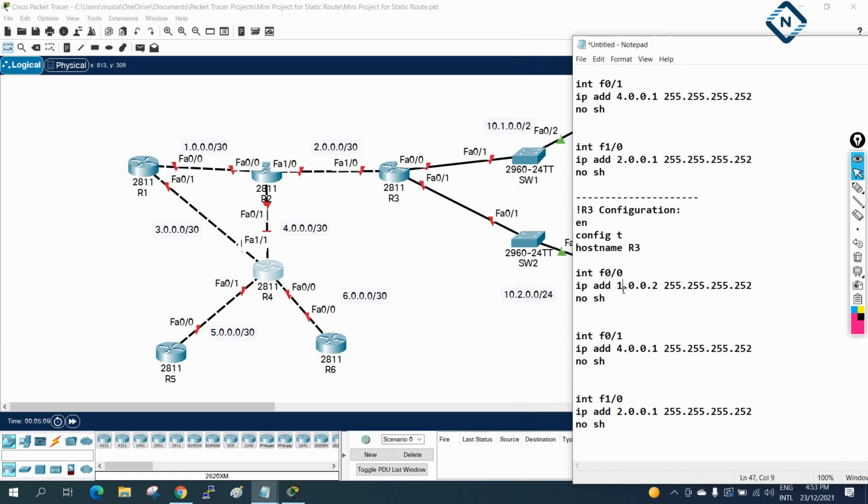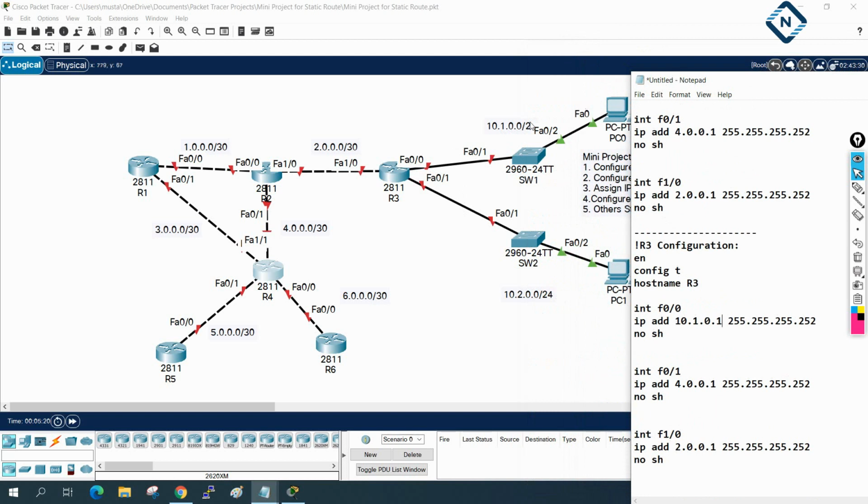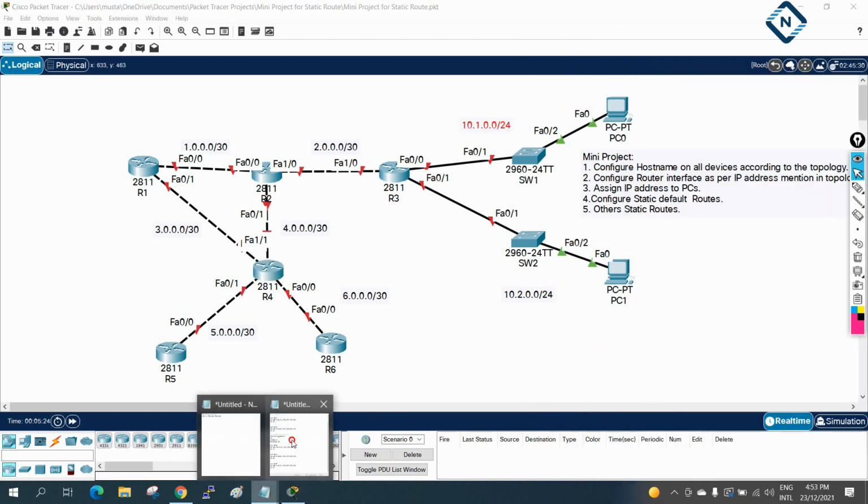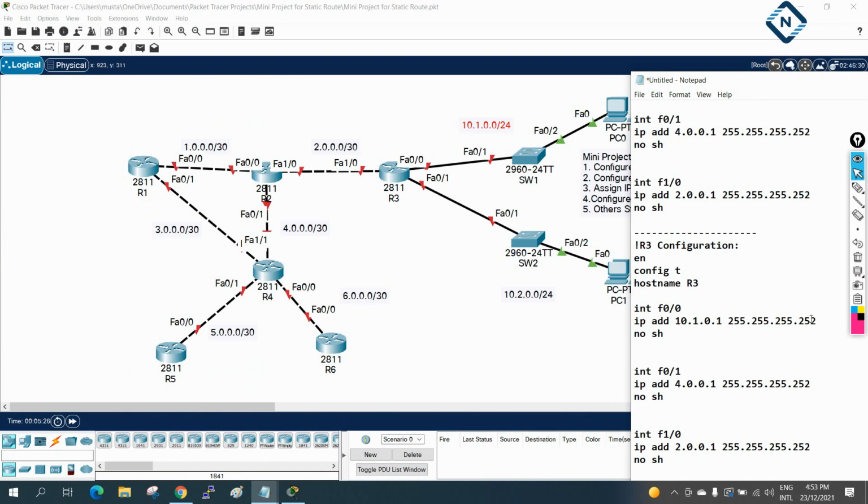You have here 10.1, I will write here this as a 1. Okay, 10.1.0.1, that is /24. If you see, this is a /24. Okay, /24 means this configuration will be where this will become 0. This is FastEthernet 0/0. Okay, this one.